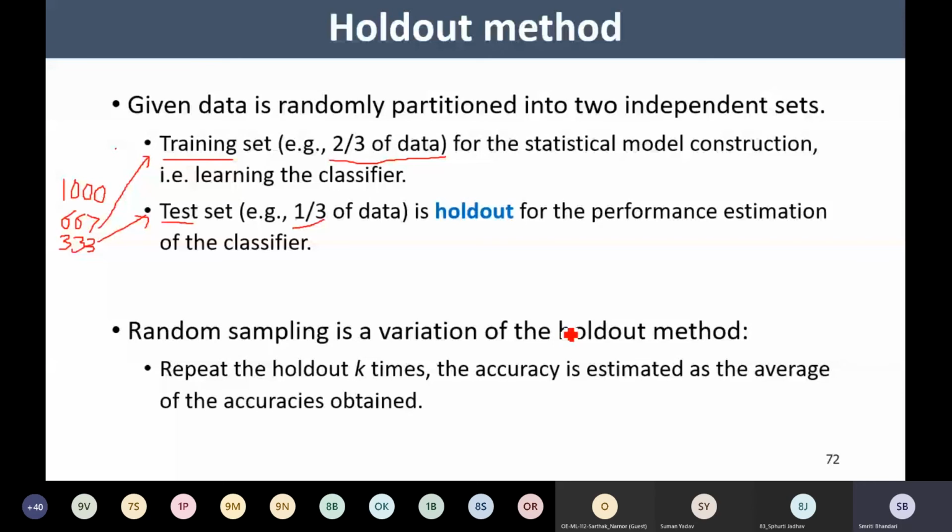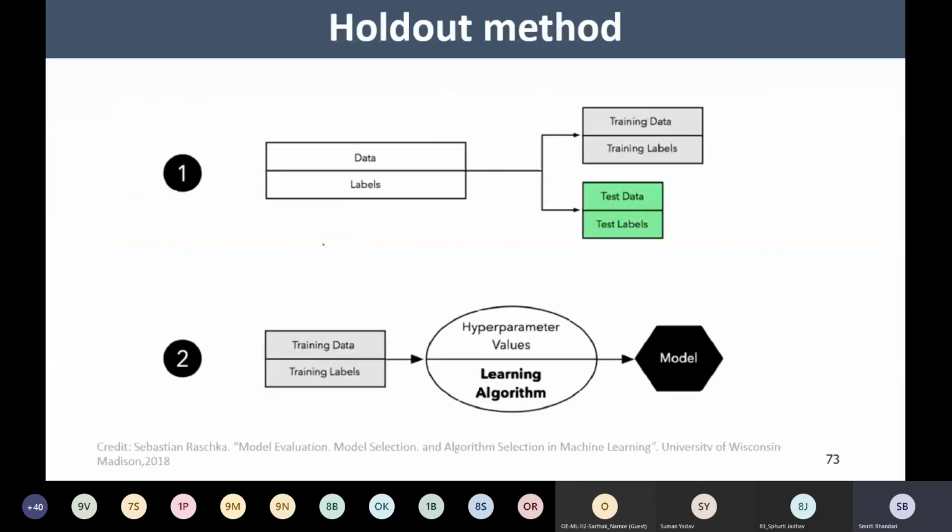So this is one solution: random sampling, that is, application of holdout k times. We may have other solutions also. Those are cross validation, bootstrapping, or three-way splitting. One by one we are going to discuss those methods. They will help us in partitioning the data set, and these are really good methods to evaluate the performance of our system. Okay, how to partition the data.